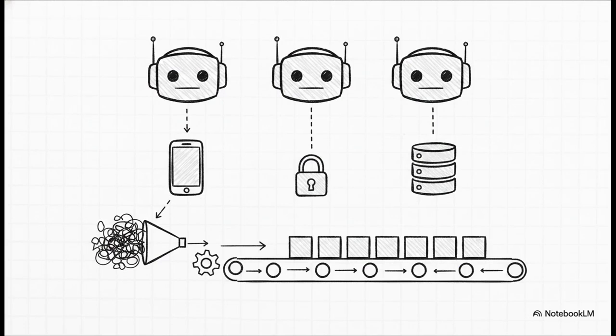Maya 4 pulls this off using what they call parallel agents. Imagine having an entire tireless digital construction crew working for you all at the exact same time. One agent is handling your user authentication, another is setting up your database, and a third is designing your mobile interface, all seamlessly, all at once.